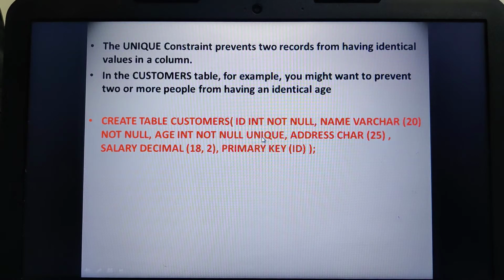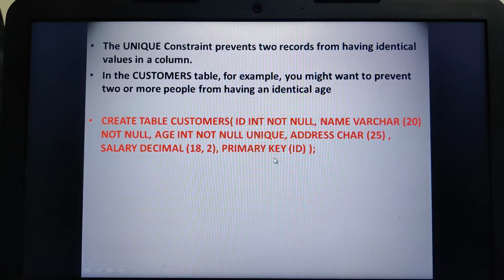Plus I have also applied a new logical operator, unique. That means whatever values you enter for the age field should be unique. Then address is a character field, and I have not applied any of the logical operators there. Then salary is in terms of decimal, and I am also specifying the primary key as ID.